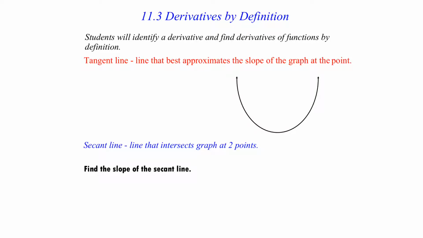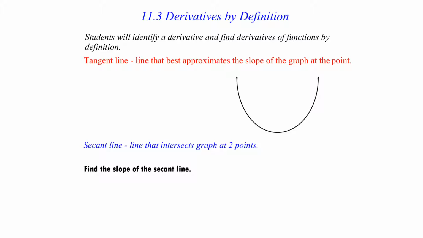Section 11.3, derivatives by definition. What we're going to do is identify a derivative and find derivatives of functions by definition. So what we're going to start off with is trying to figure out what this idea of a derivative actually is. So the tangent line is the line that best approximates the slope of a graph at a certain